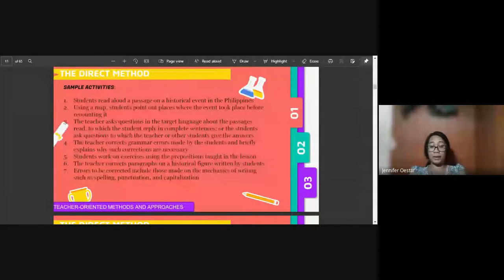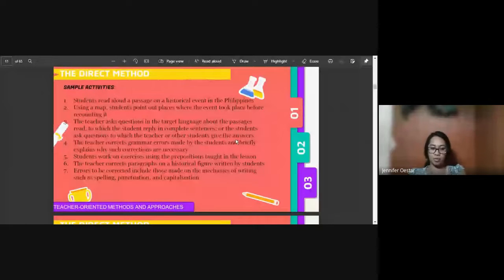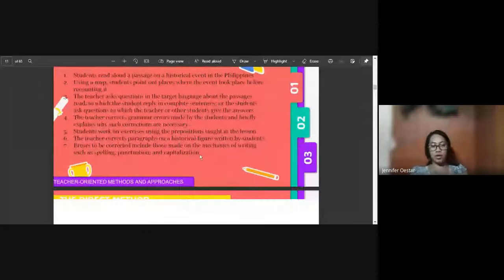So you explain why you correct them and you explain the rules. Students work on exercises using prepositions taught in a lesson. Another example, the teacher corrects paragraphs on a historical figure written by a student, and errors to be corrected include those made on the mechanics of writing, such as spelling, punctuation, and capitalization. So another example,